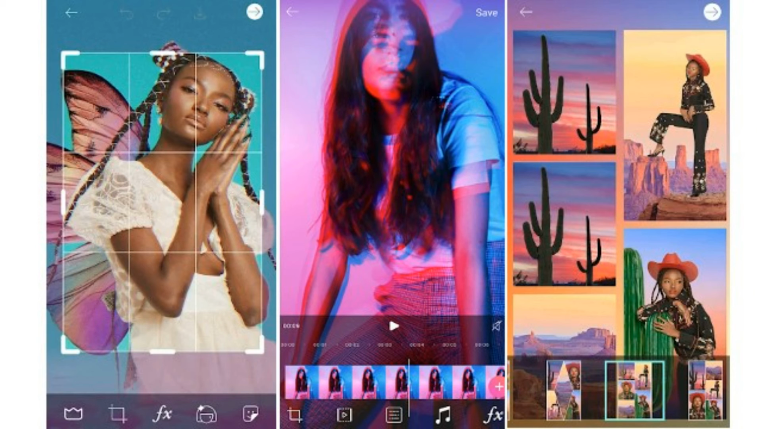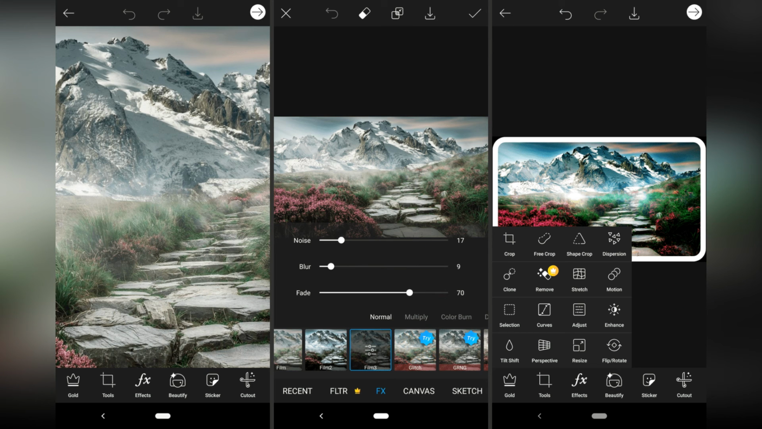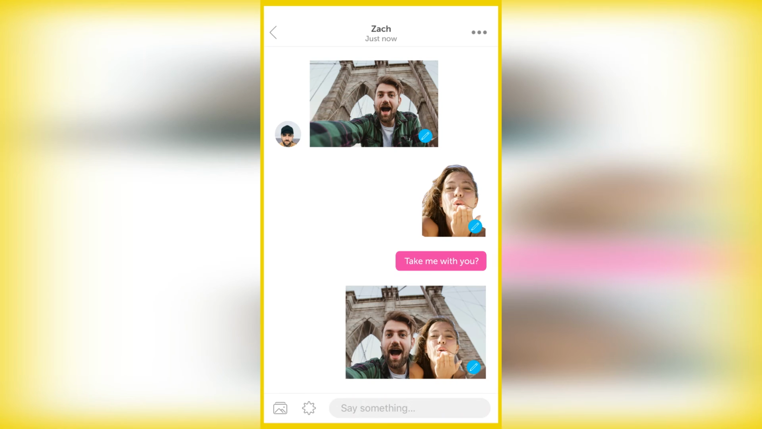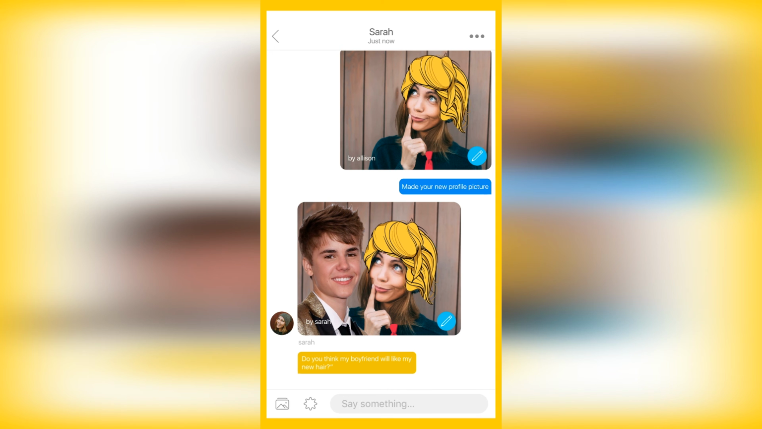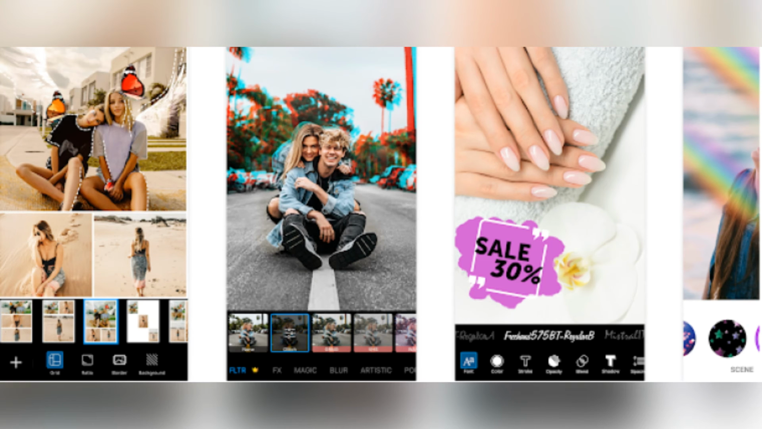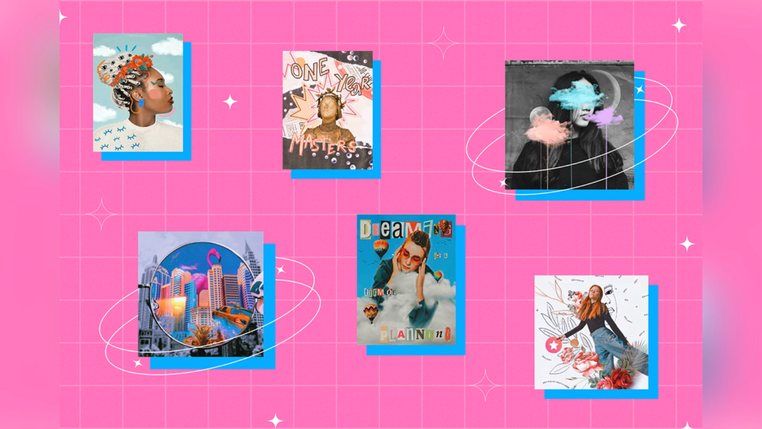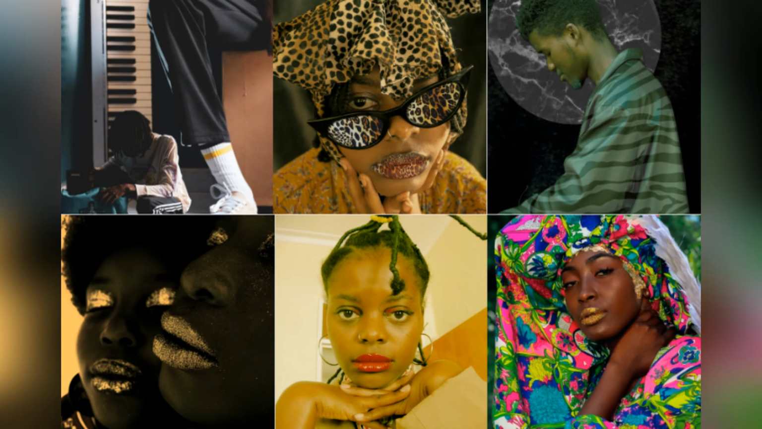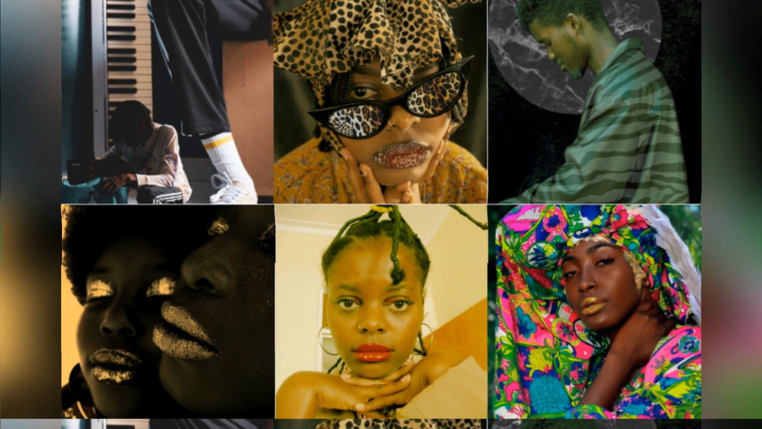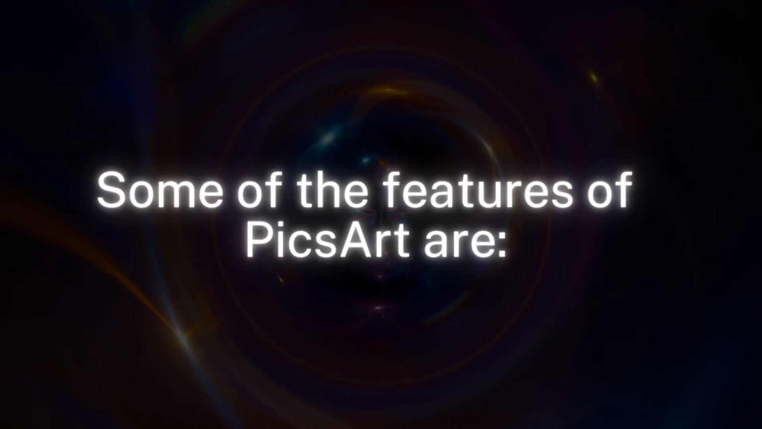and share. The full-featured camera module includes pre-capture effects and photo tools. You can use Remix Chat to share and collaboratively edit photos with the 150 million monthly users of PicsArt, or only with your friends. In-app tutorials are easy to follow, and challenges prompt users to submit their creations based on a specific type of edit or a theme. Winners are selected by community vote. Some of the features of PicsArt are: